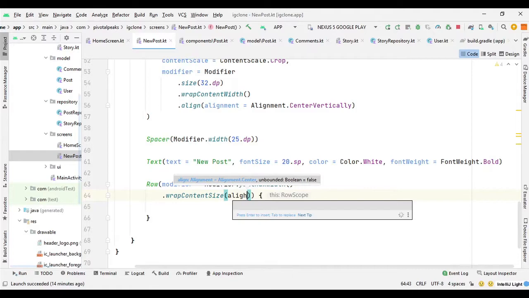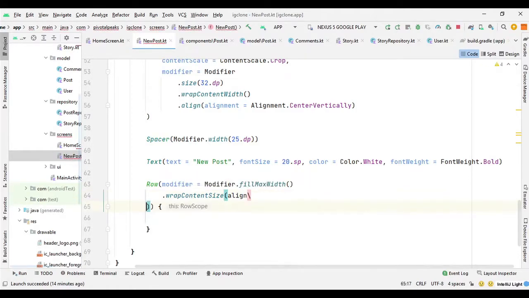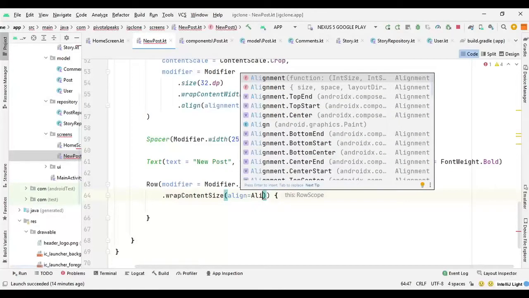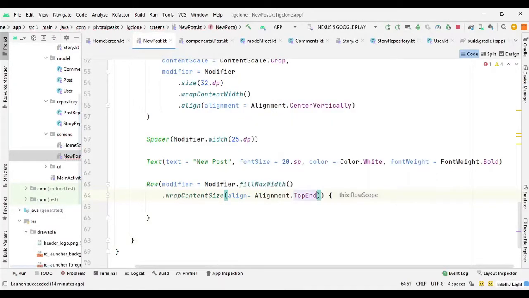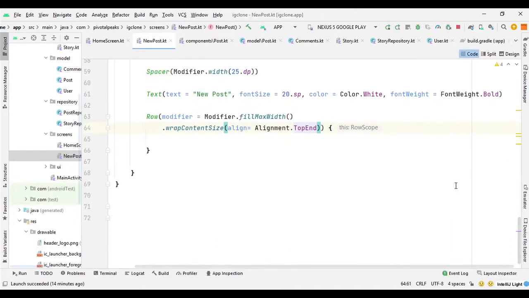Then we can align it to alignment dot top end.